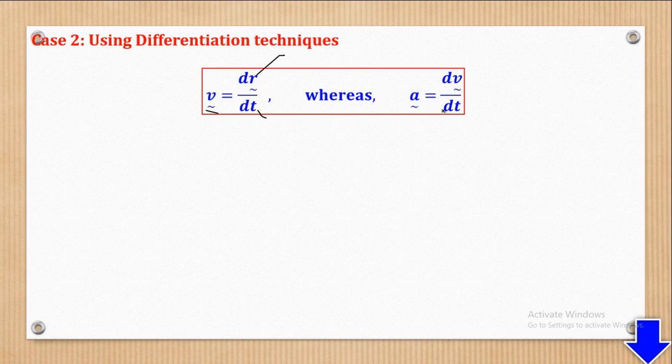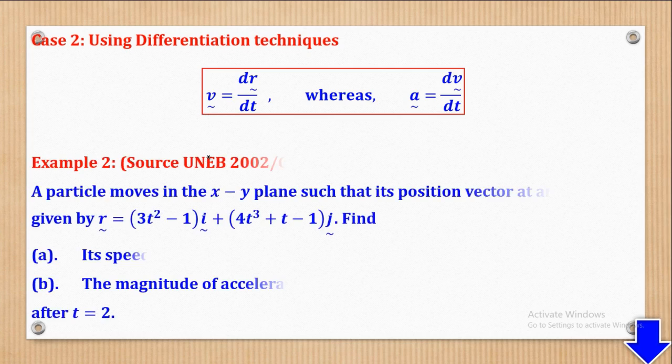Remember, acceleration is the rate of change of velocity, and therefore it will be dv/dt, while velocity is the rate of change of displacement, which will be dr/dt, where r is displacement. So differentiation techniques require you to remember these two formulas, that v is the derivative of displacement and a is the derivative of velocity. With that knowledge, you shall now do example 2, which came from UNEB